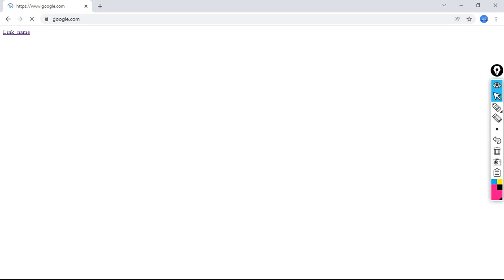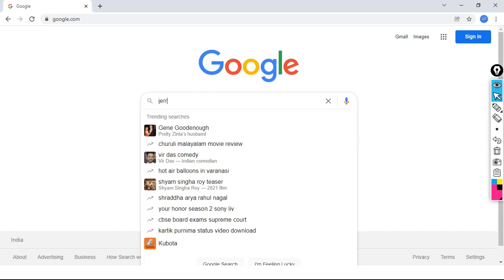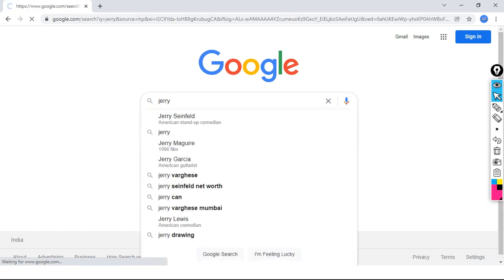Let's download one Jerry image. Jerry, Tom and Jerry. Now it's processing. Let's see it process.